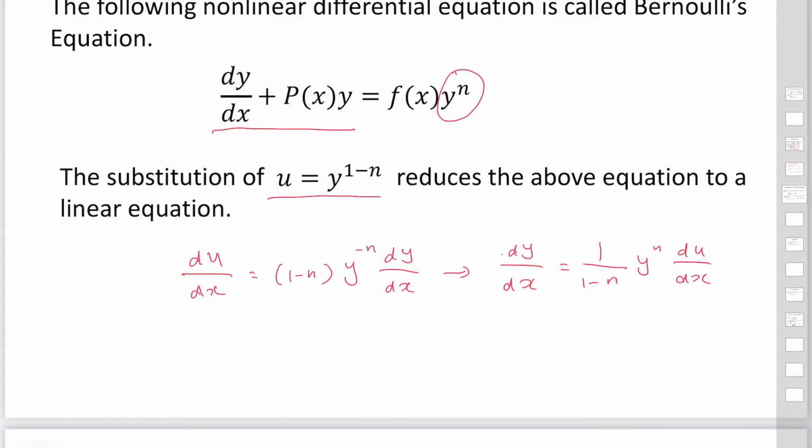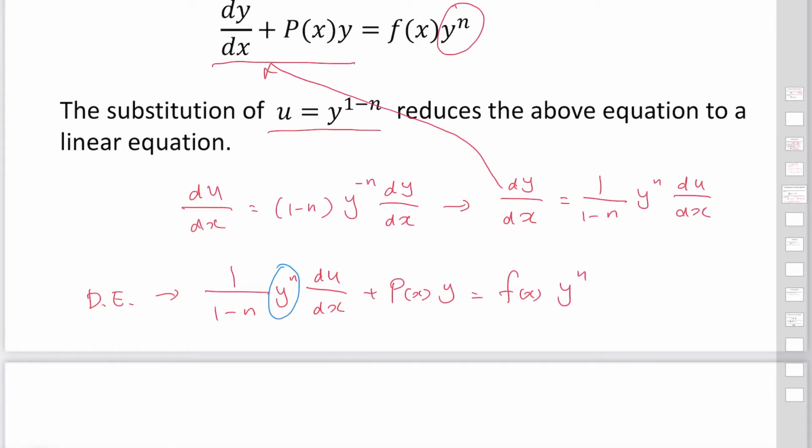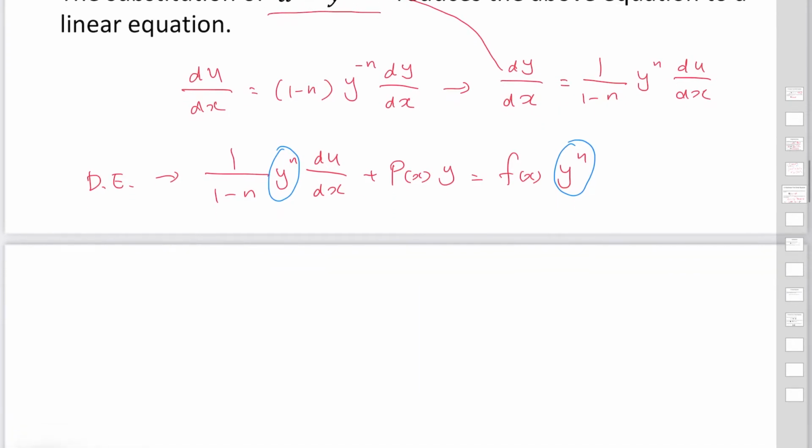Then you can substitute into the differential equation. It becomes 1 over (1 minus n) y to the n du/dx plus p(x) y equals f(x) y to the n. We divide by y to the n. This equation changes to du/dx